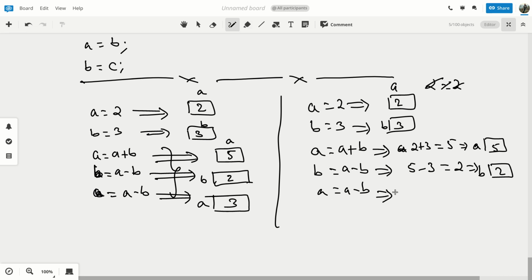Yes, sir. Okay, this is a. It will go to the memory location labeled as a and look for the value. It contains 5, so it will write 5. Now it will look for the memory location labeled as b. B has got 2. So it will become 5 minus 2, which is 3. This 3 will be put in the memory location written on the left side of the equal to sign, having the same name. So it will look in the RAM for the memory location labeled as a, and in that a it will put that single value 3. Now if you print the contents of a and b, won't it be interchanged from the previous state?